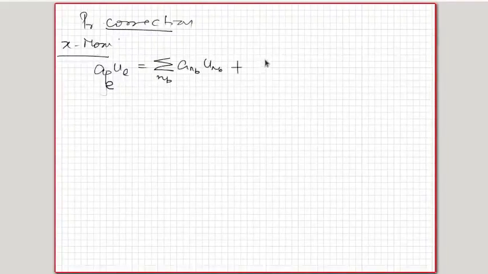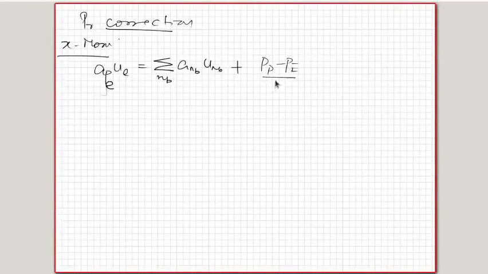Let's expand that. So it is actually minus del P by del X. So it will contain PP minus PE divided by delta XE. Okay, so this is the term that it will contain, because your pressure equation